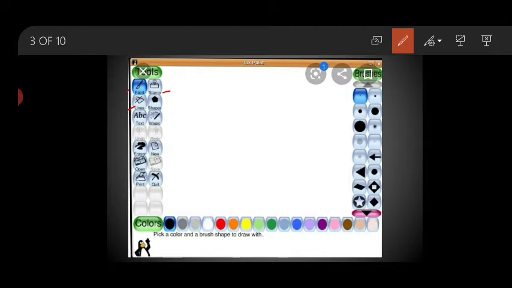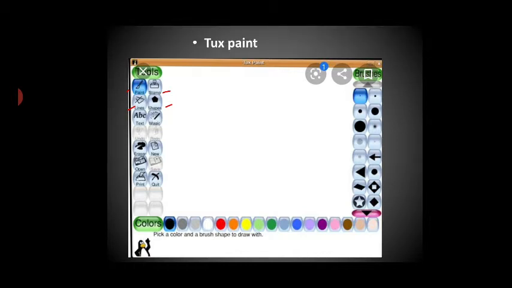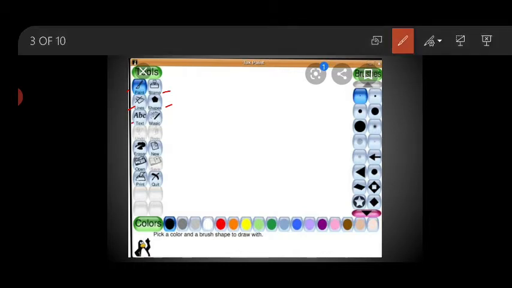Shapes, suppose rectangle, circle, oval, triangle, etc. Hexagon, pentagon, these are the shapes we need for drawing or painting or coloring. That time we can use the Shapes tool. After that, the Text tool. In the drawing, sometimes we need to type text. That time we can use the Text tool. Magic tool.